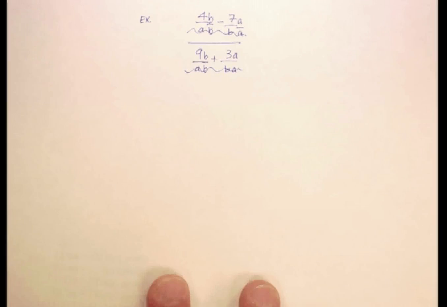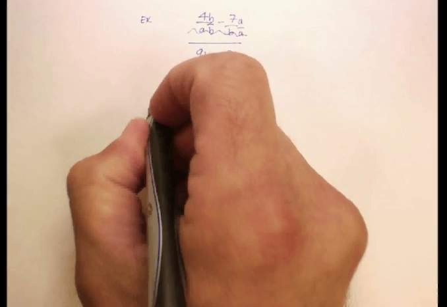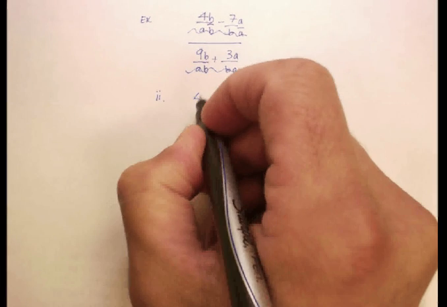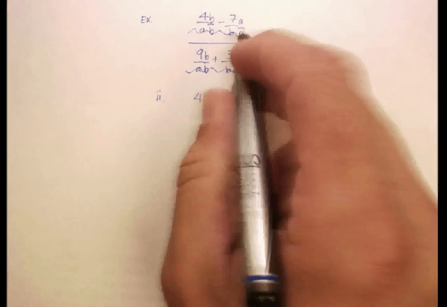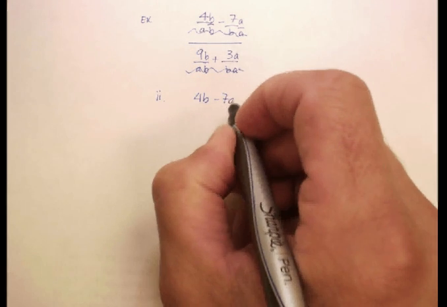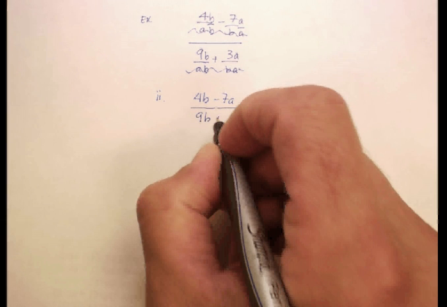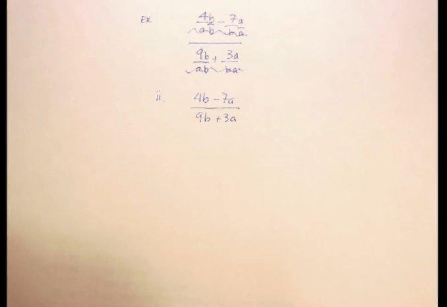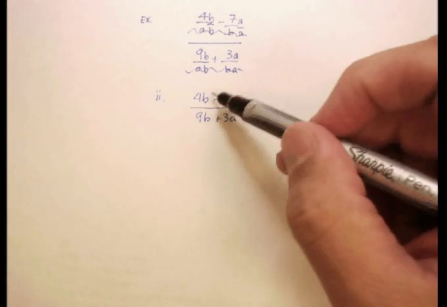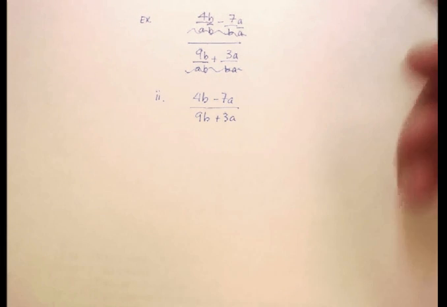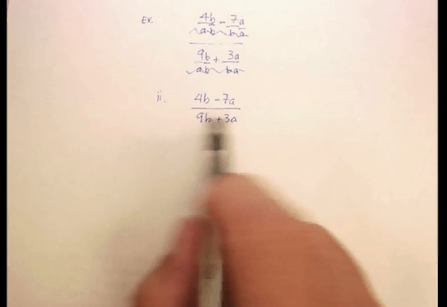And let me go ahead and rewrite what I've got left over so you can see how it's simplified. I've got 4b minus 7a, and in the denominator I have 9b plus 3a. Now probably the only thing I could do at this point is I really can't divide anything from up here and down here. But what I can do is, again, keeping this division bar as my grouping symbol,